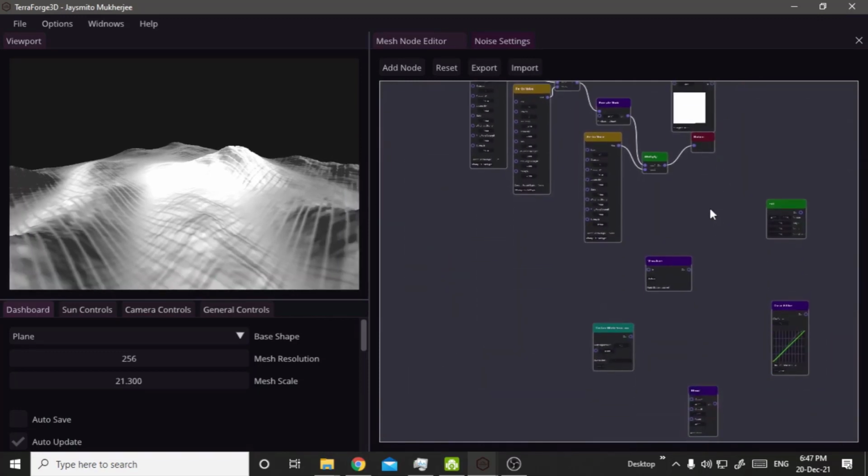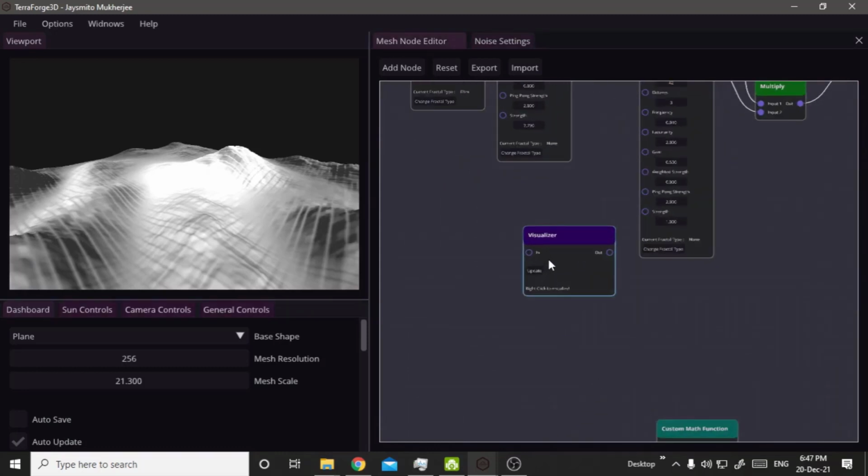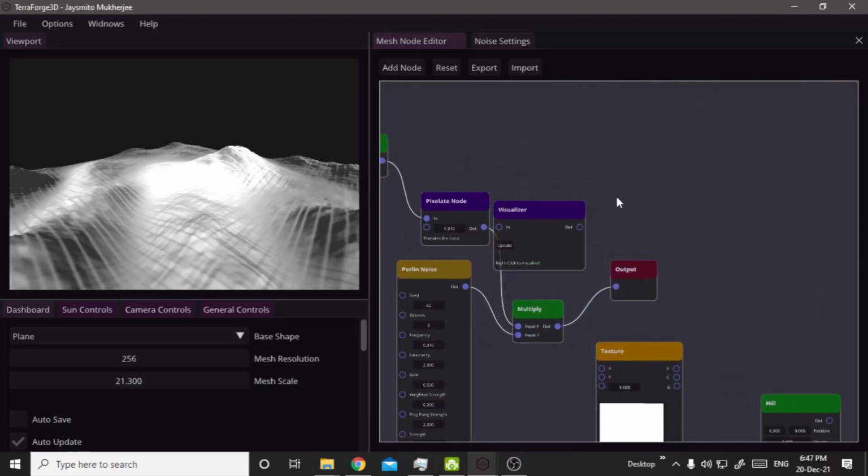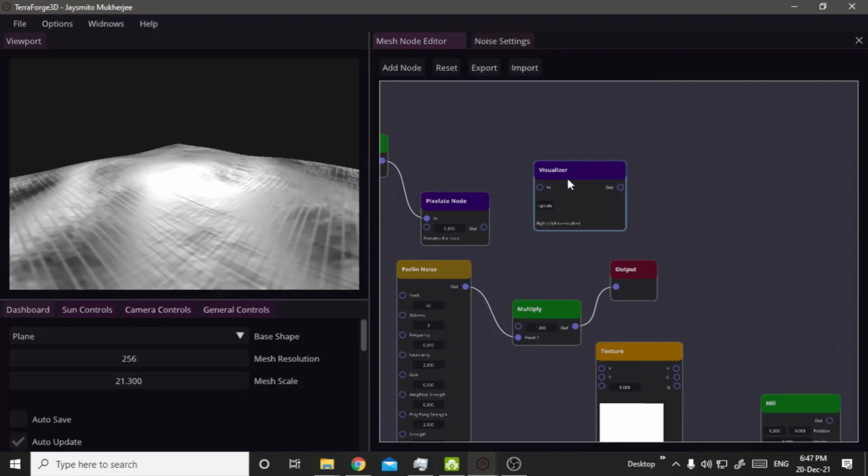The next node we have got is our visualizer node. Now this is more of a debug sort of a node, and I wouldn't recommend anyone using this in any practical situations. For example, if I just want to see something that I want to warn about, this node is for debugging purposes only. Do not save your project with this in place. There might be